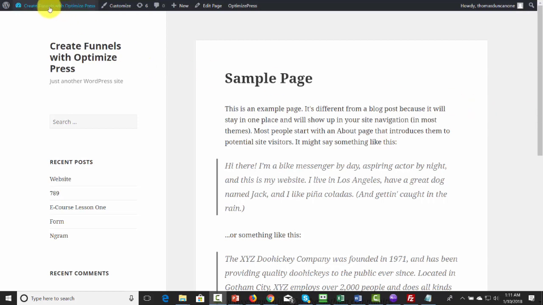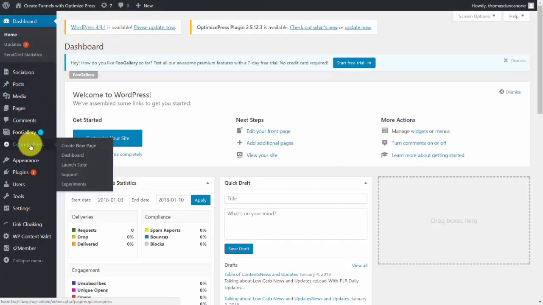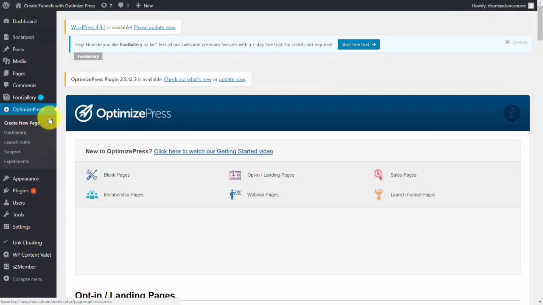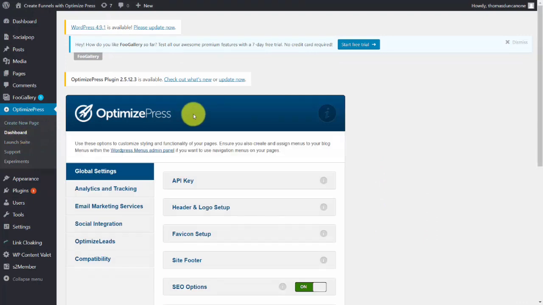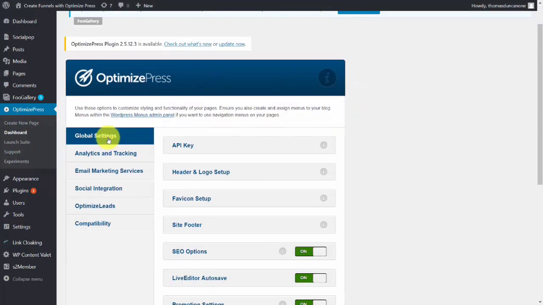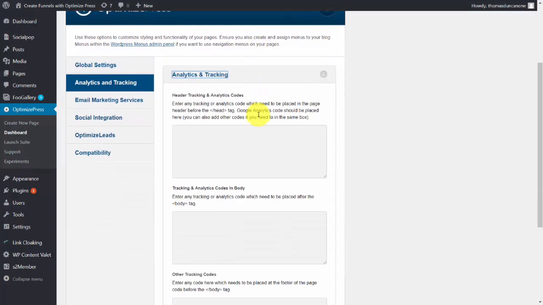So let's go inside of this dashboard. And once we get there, we're going to go inside of OptimizePress. OptimizePress actually has its own menu and dashboard. We're going to go inside of the dashboard. When you get there, you're actually going to see that OptimizePress has a section called Analytics and Tracking. You're going to go inside of that area. And once you get there, OptimizePress gives you some instructions